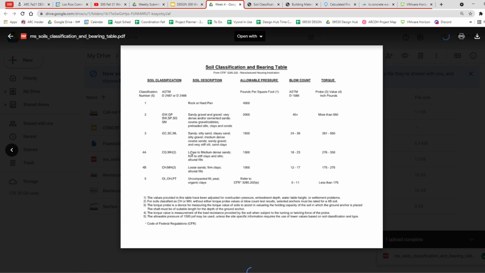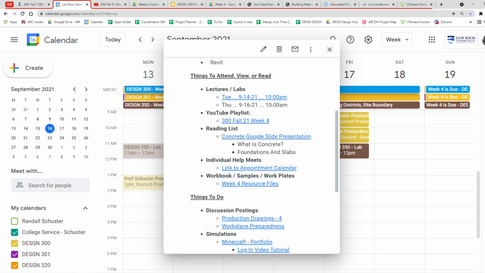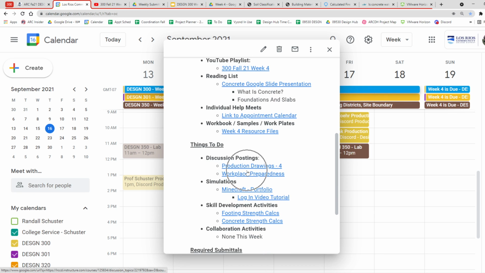Oh, here's a cool one. Here's that table that I was telling you about, showing you. Here's your file, some revisions, some things like that. So got a lot of stuff for you. We have the 2 discussions. Please try to do the portfolio